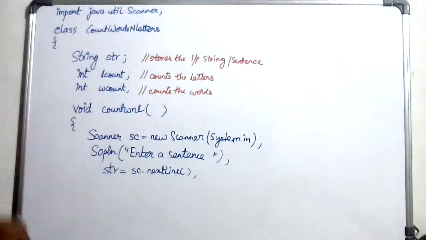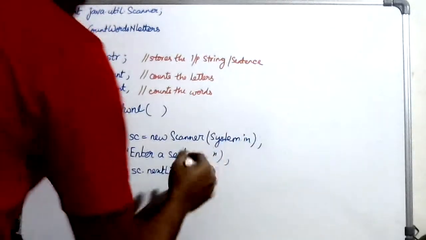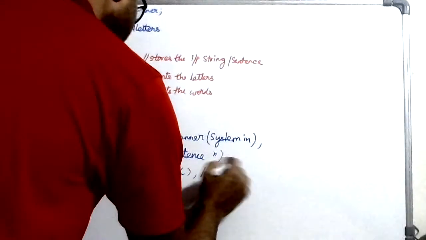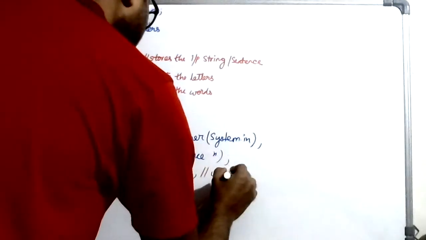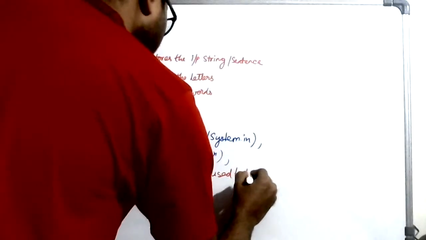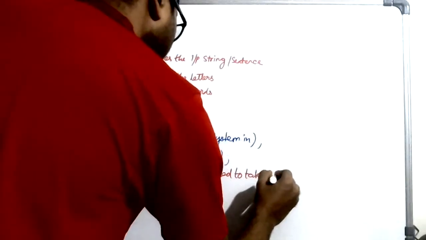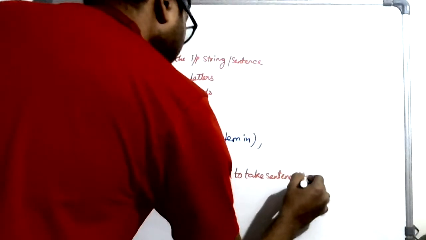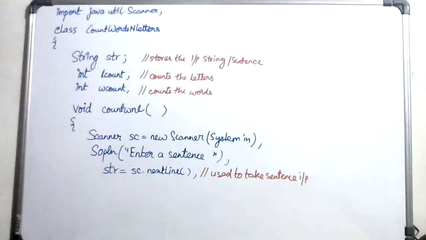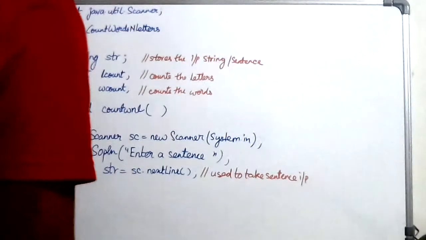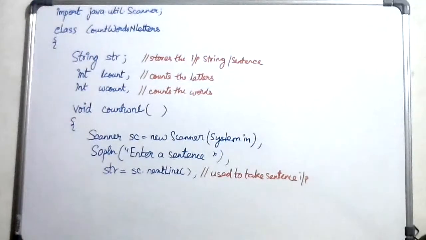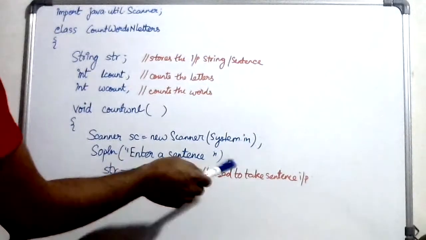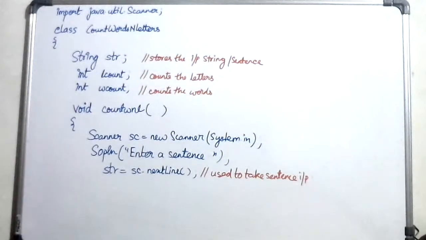So let me write down a comment line there. This function is used to take sentence input. So the nextLine function is used to take an input when you are entering a sentence. Now we have the sentence. Once we have the sentence in the variable str,